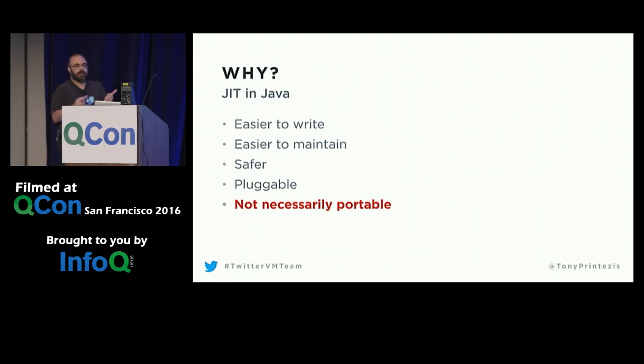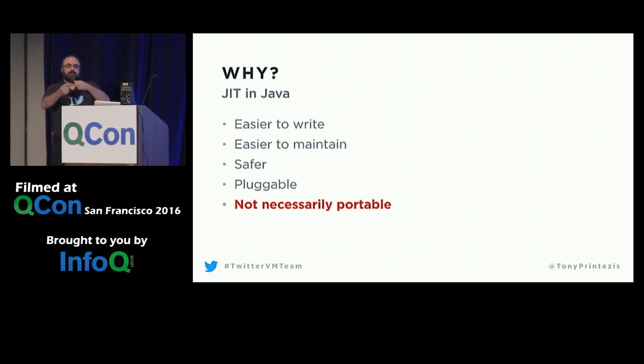First, the JIT generates machine code for a particular architecture, right? So in order to make it usable for more architectures, you have to basically have a JIT with a different backend, okay? And the second reason why it's not necessarily portable is that a particular VM does things in a certain way. For example, the way allocation works is different in HotSpot compared to J9. The way synchronization works is different in HotSpot compared to J9.